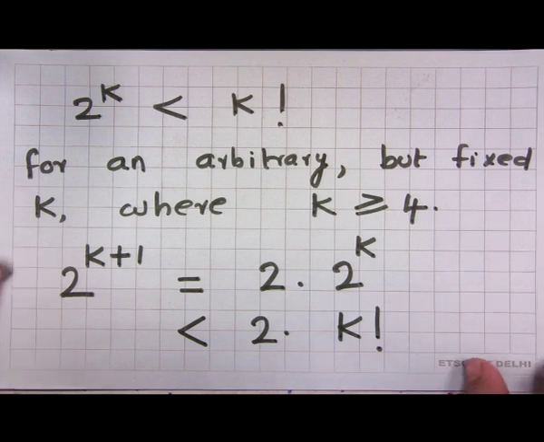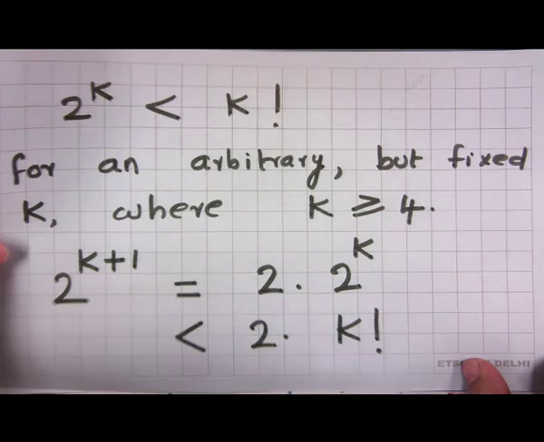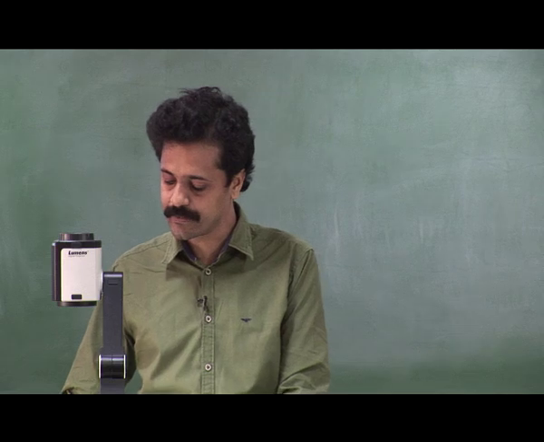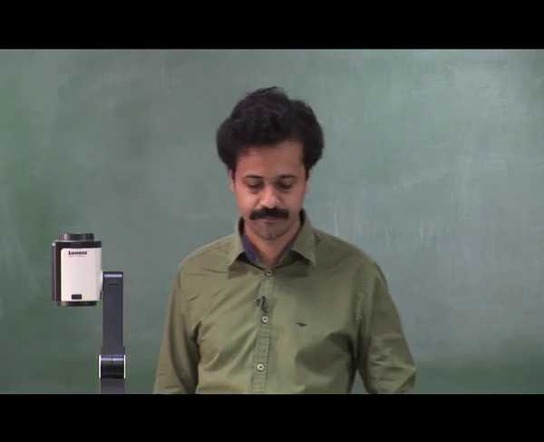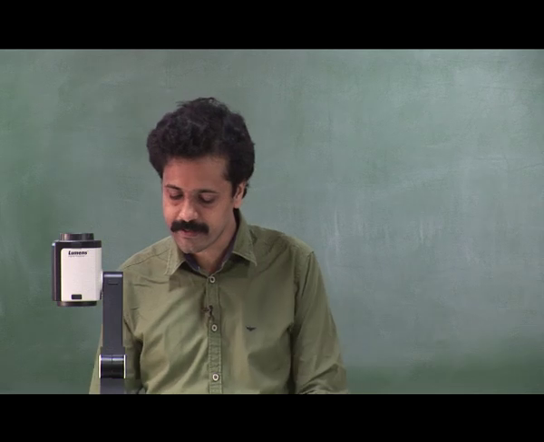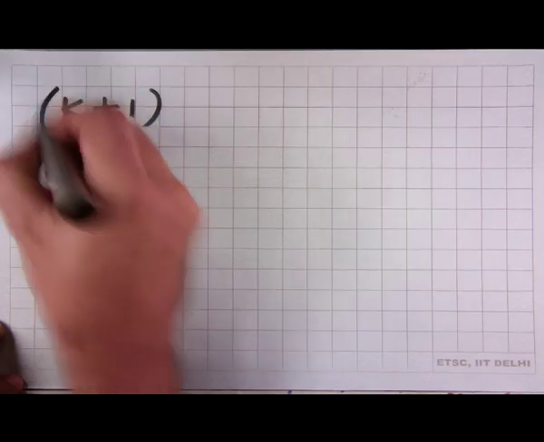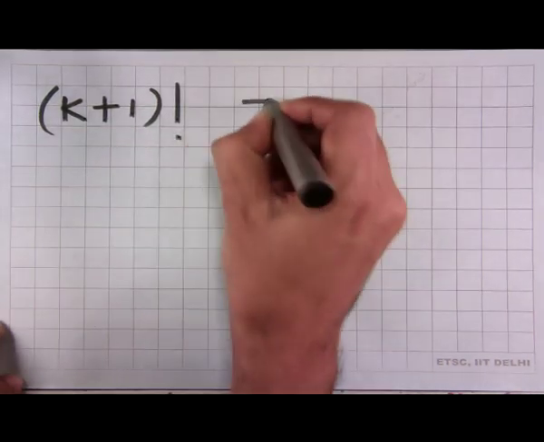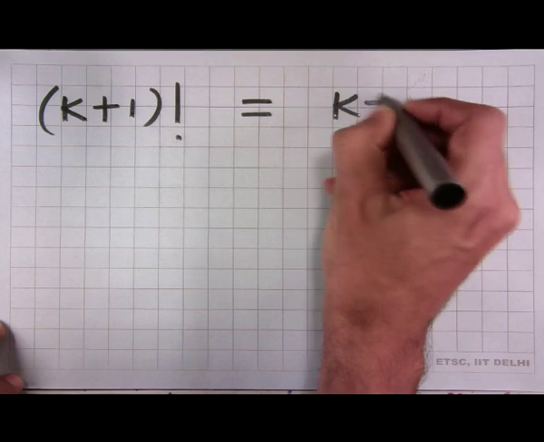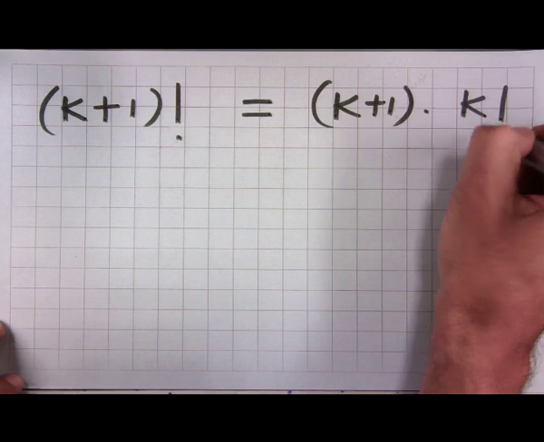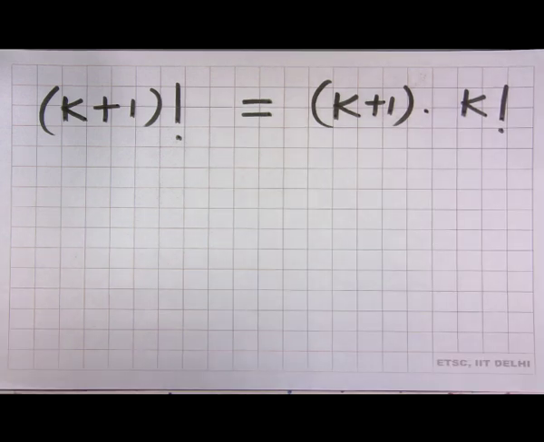Please bear in mind what we want to achieve is 2 power k plus 1 less than k plus 1 factorial. Also recall that k plus 1 factorial can be written as k plus 1 into k factorial. Keeping that in mind,